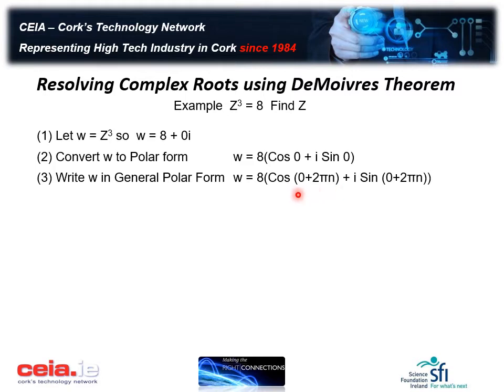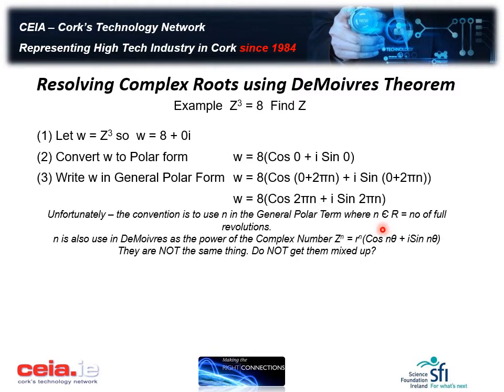So what we have here is cosine of the argument plus one or more revolutions, and we know that cosine of 0 is the same as cosine of 0 plus 2 pi. Cosine of 0 is the same as cosine of 0 plus 2 pi by 2 revolutions, 2 pi by 3 revolutions. So this is n, where n is the number of revolutions going around the unit circle. Okay, so this is called the general polar form. Now, rewriting this gives us w is equal to 8 times cosine 2 pi n